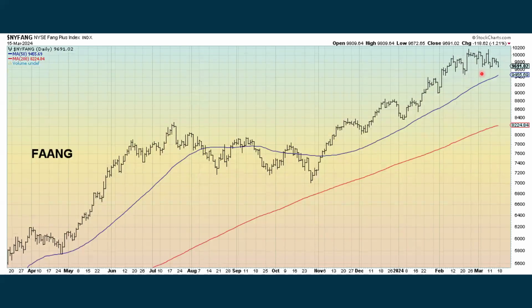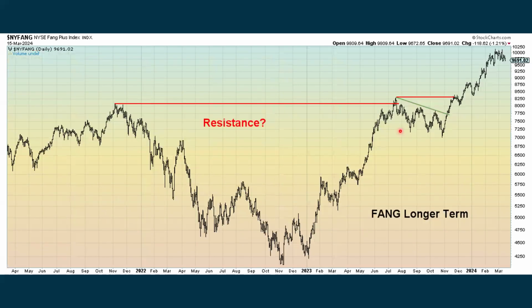FANG index: Facebook, Apple, Amazon, Netflix, Google, and some other ones. They have been under pressure. They've been going sideways lately, but they still continue to be in a longer-term uptrend. If we start to see some weakness and really start to decline with the FANG index, we'll be looking for other areas of support down here at previous lows, possibly previous highs. I have some lines on here, but as long as we are just pretty much chopping sideways, I haven't really